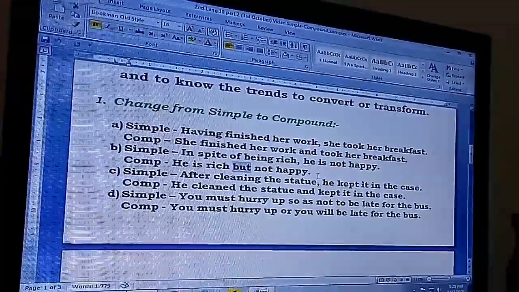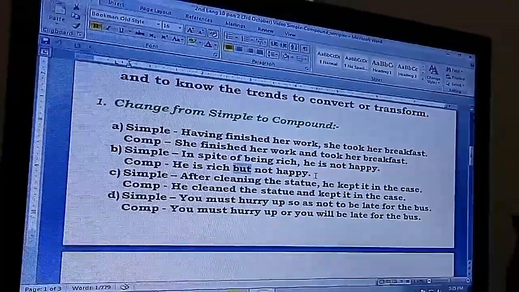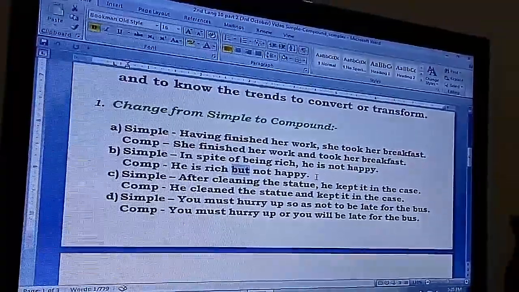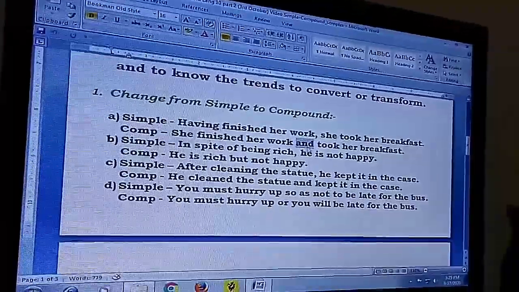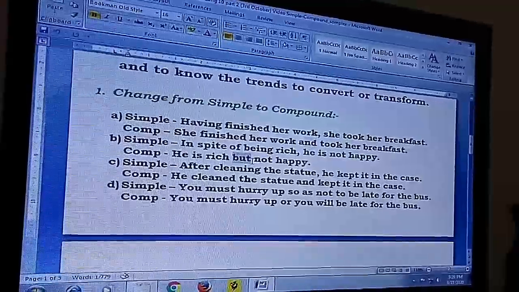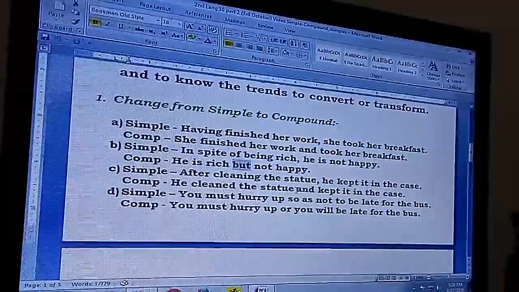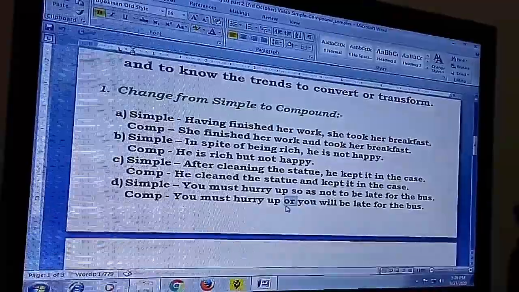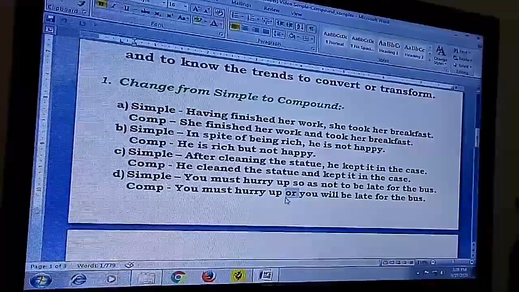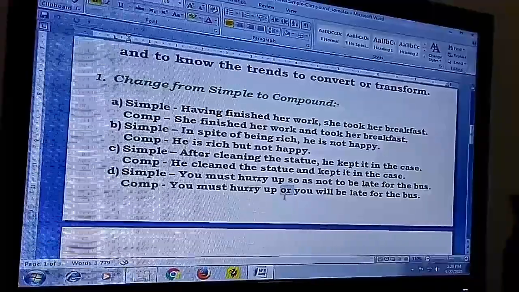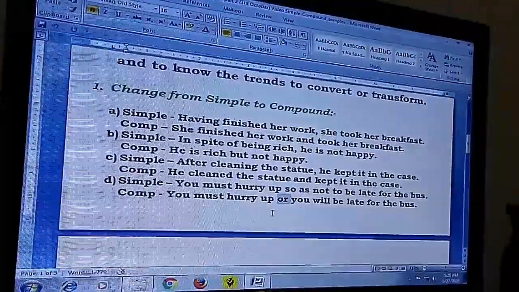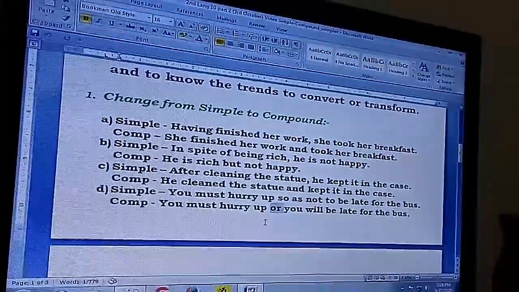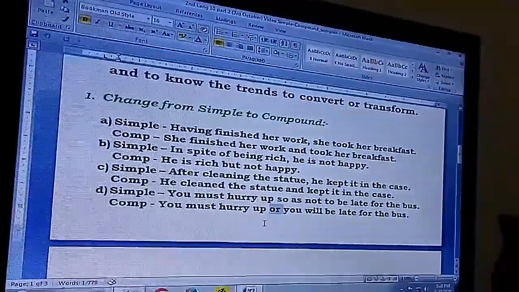is a conjunction. So again, in compound sentences there will be a conjunction or conjunctor, like "and", here it is "but", and then you will have "or". These are the words that join two sentences together, and that is why we call them compound sentences, compounding two sentences into one without changing the meaning.